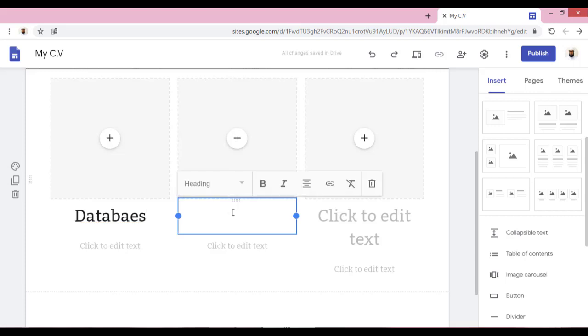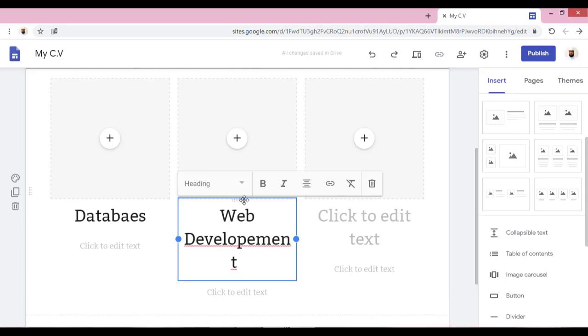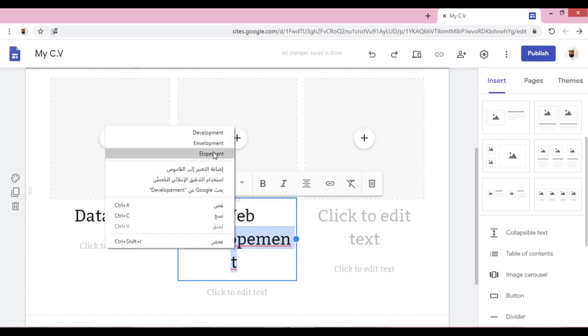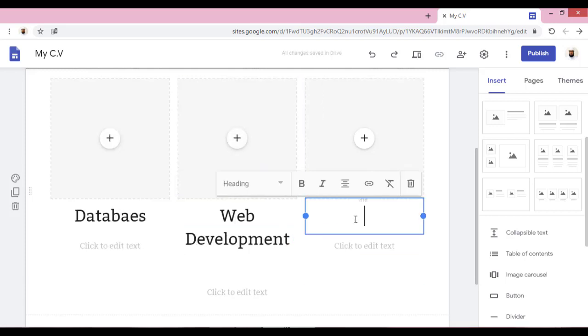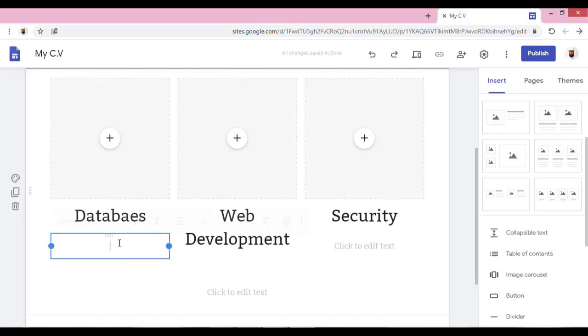I will type here web development. I can type here security. So these are titles.